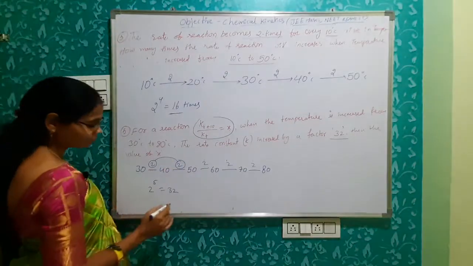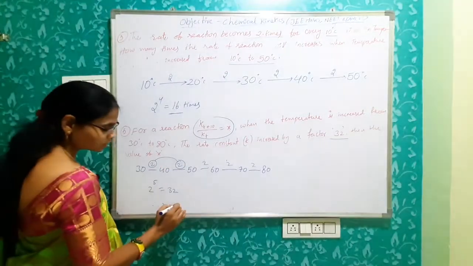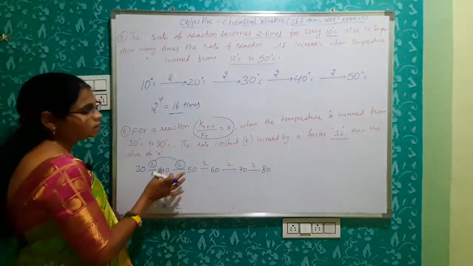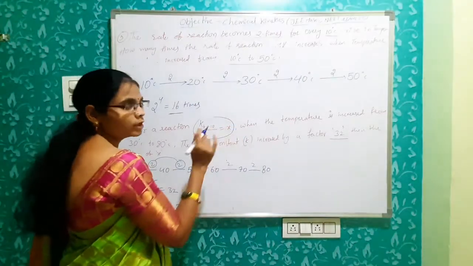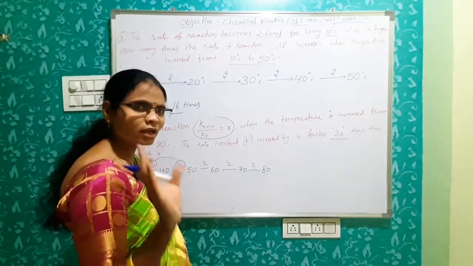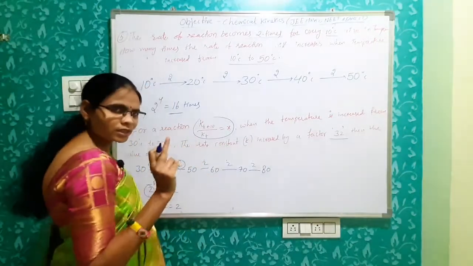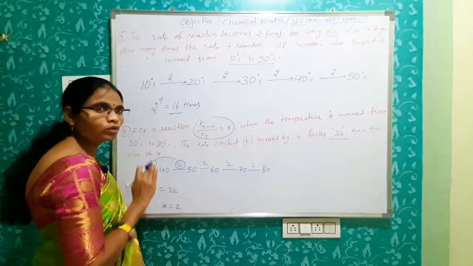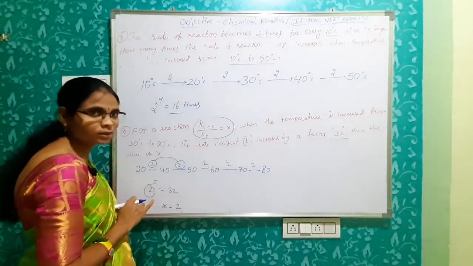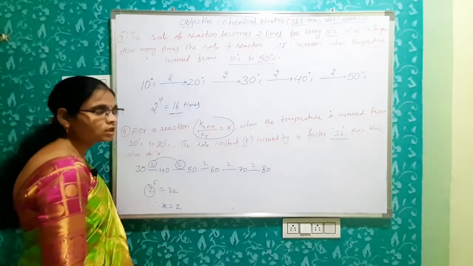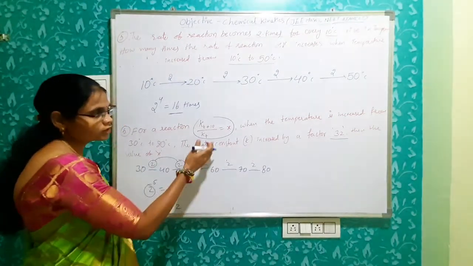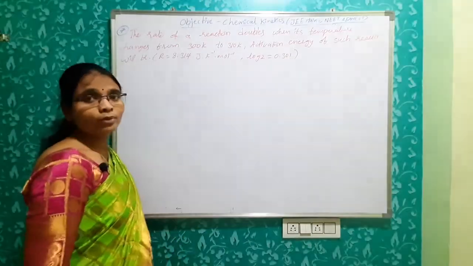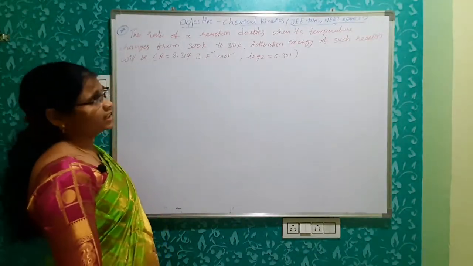Simply, what is X here? Therefore X is equal to 2. Okay, so you have to match. Is this the temperature coefficient? The X value, the majority of reactions have 2, and only a few reactions have 3. So first you have to calculate with 2. If you want to get the answer, you can take 3 simply. So this is the temperature coefficient, in that X value 2. Clear everybody? 7th problem. The rate of a reaction doubles